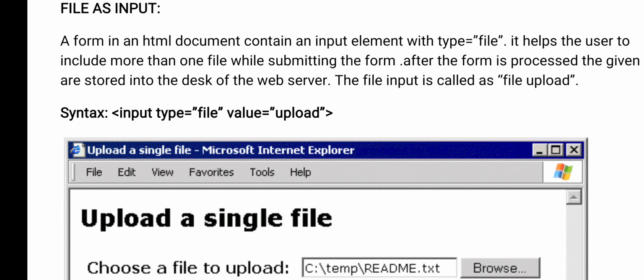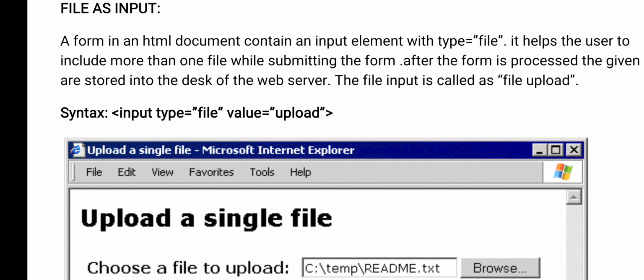For example, sometimes you will submit a Word file or an Excel file or your resume as an input. You will get a file upload message, a file upload button. When you click on the file upload button, it will ask you to upload a file. So what input are you giving? You are giving a file. That file is called an input. So file upload is nothing but a file as an input.